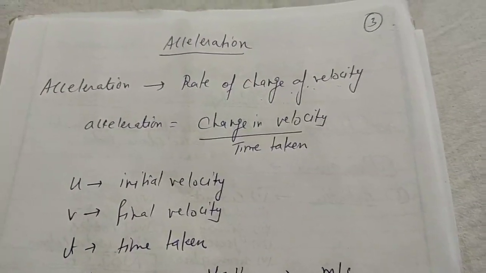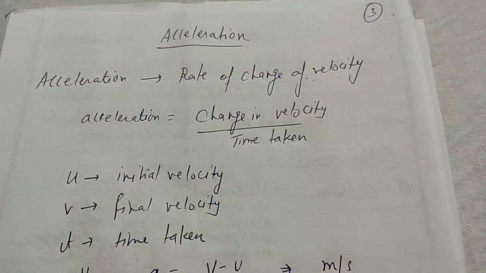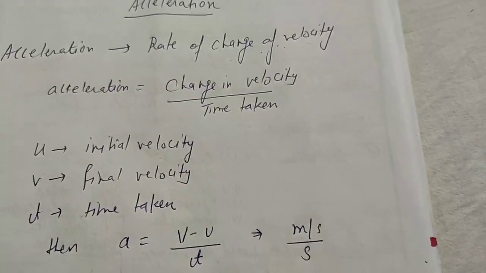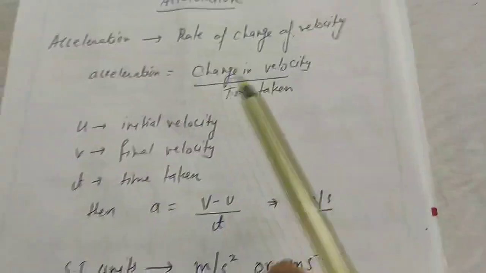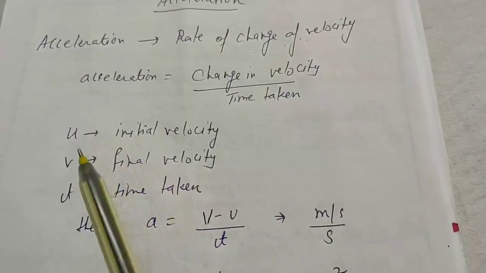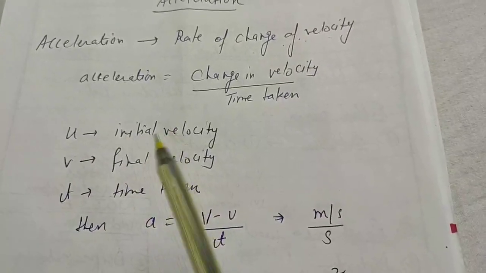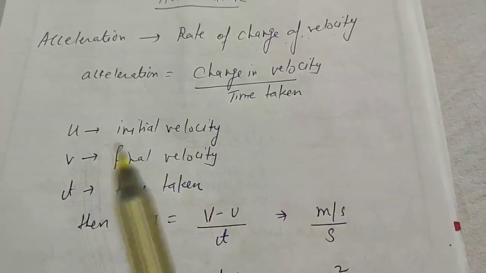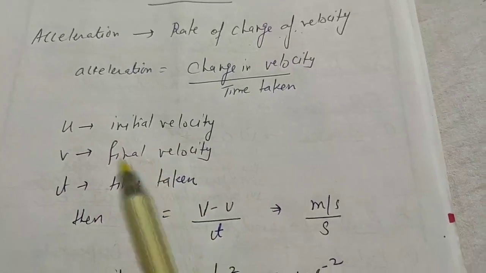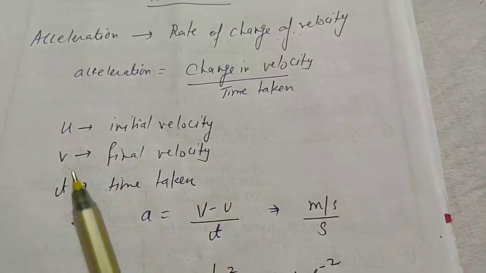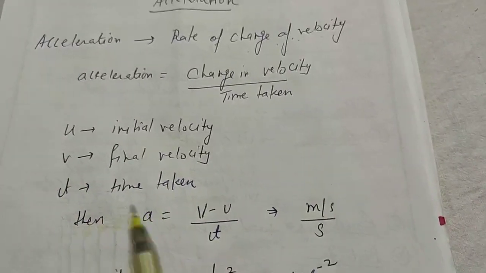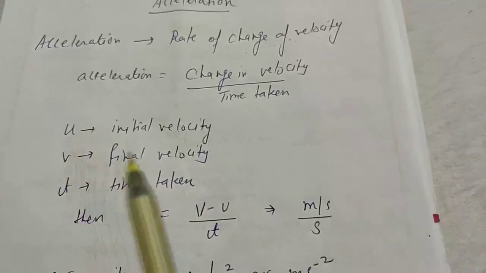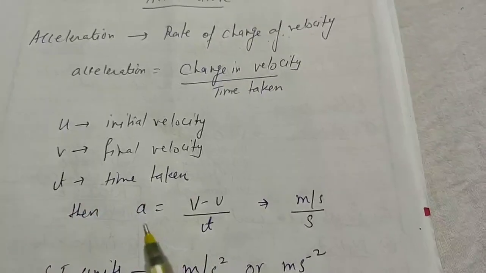In every vehicle you have an accelerator. Basically the purpose of the accelerator is to accelerate, basically to increase. Clear? So if there is acceleration, there is a change in velocity. So there will first be an initial velocity, means before increasing the velocity, that velocity is known as the initial velocity, represented by u. After increasing the velocity, we get the final velocity, represented by v. And the time is the time it has taken to increase from u to v. So how can we find out acceleration?